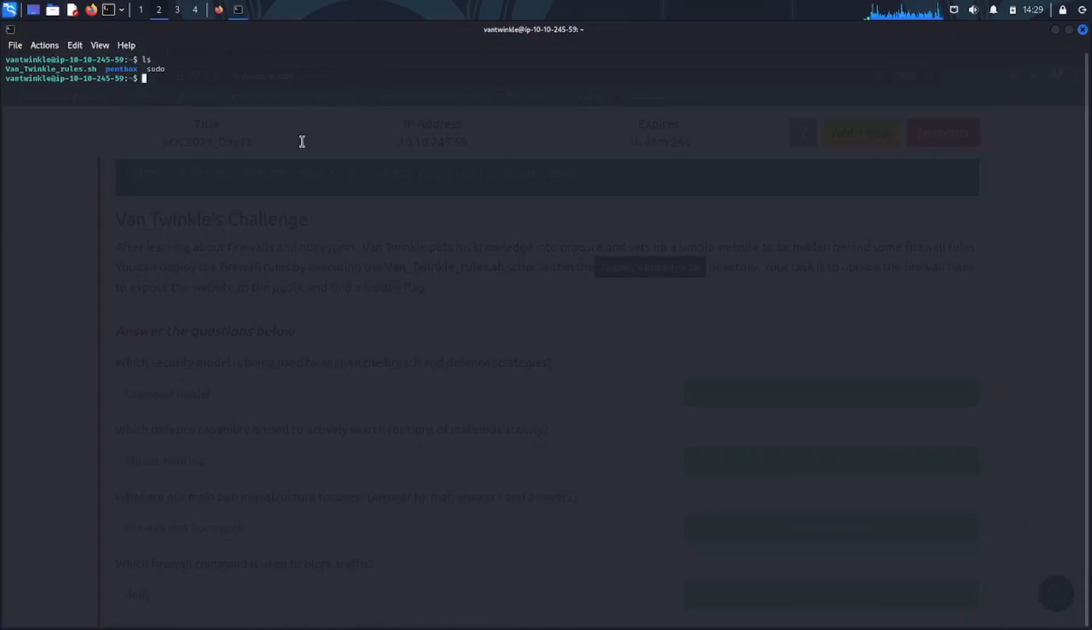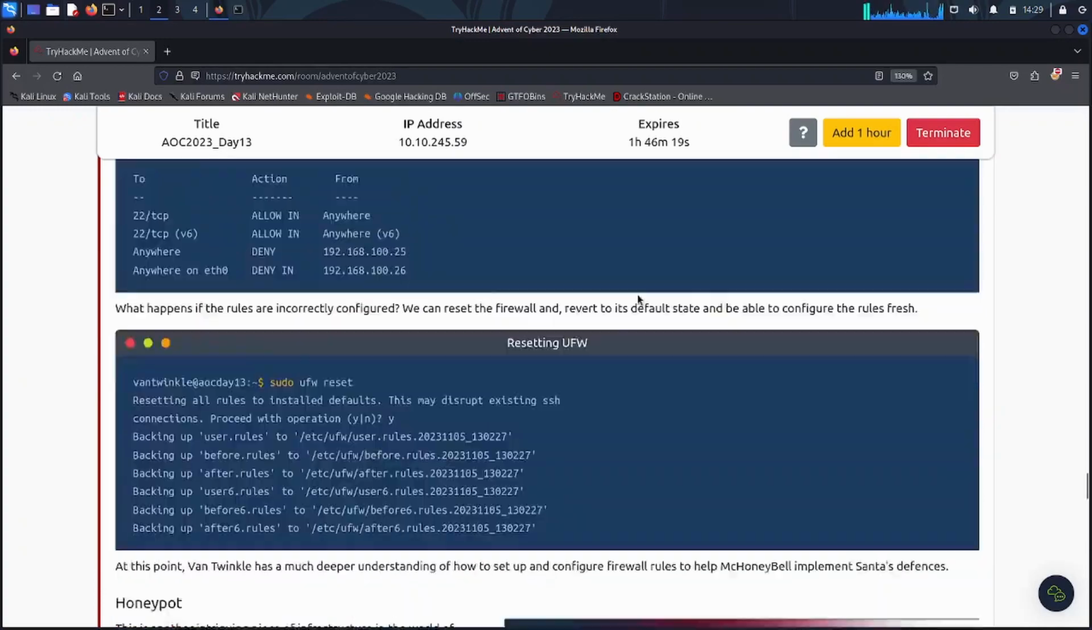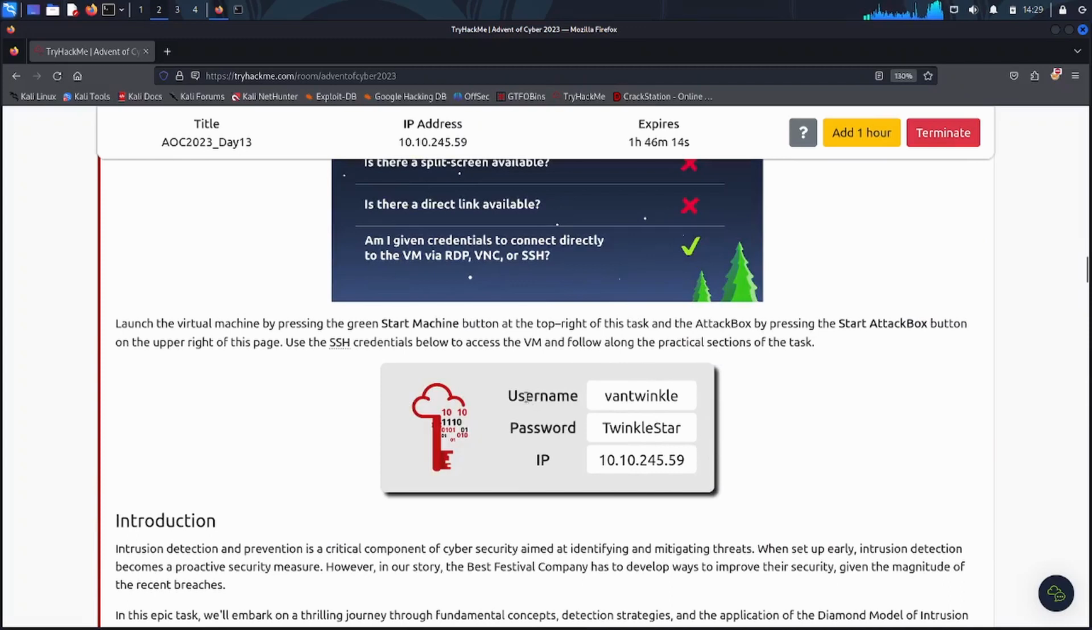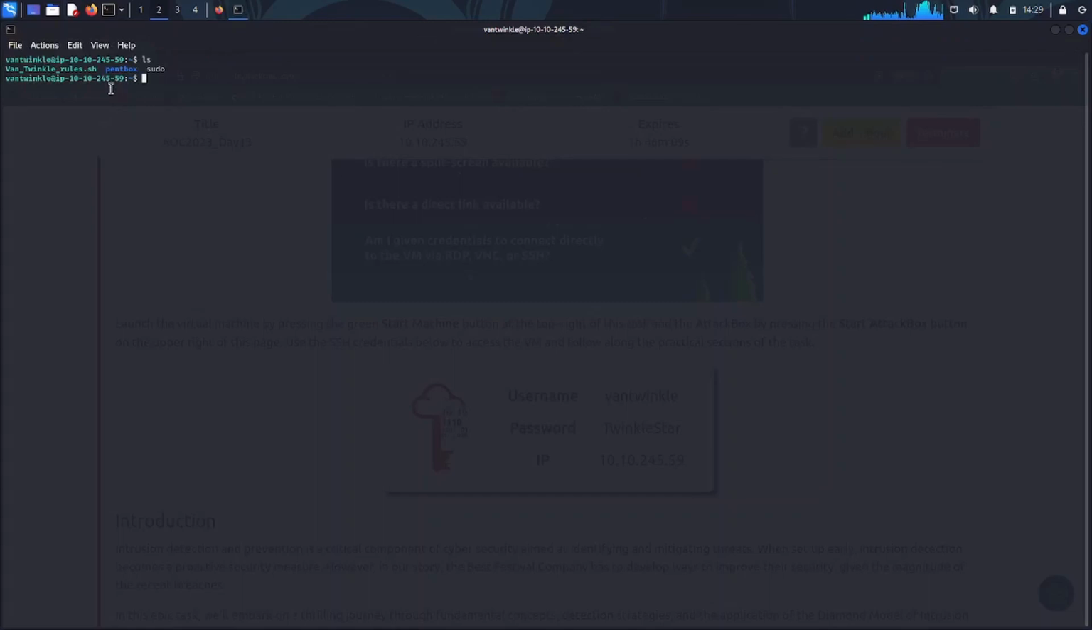So if we go here, I'm already connected. What you have to do is start the machine to be able to connect. And then you use the username and the password with SSH to connect to the machine. So I'm already connected. I'm already in the directory home Van Twinkle. And as you can see, we have Van Twinkle rules.sh in here. If I run the rules, let me do,